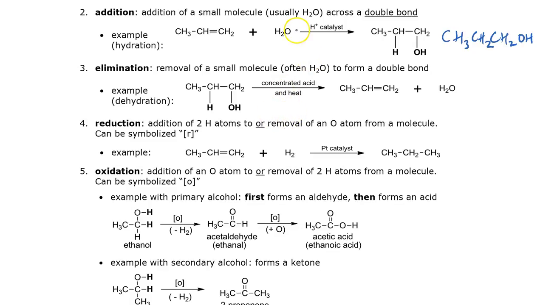This is just how organic chemists and biochemists describe the conditions that are necessary for that reaction. They're not part of the balancing of the reaction. They might be a reagent, like H+, which is actually a catalyst. Here it says you need to have concentrated acid and you have to heat it. Those are the conditions, but they don't figure into the stoichiometry or the balancing of the reaction.